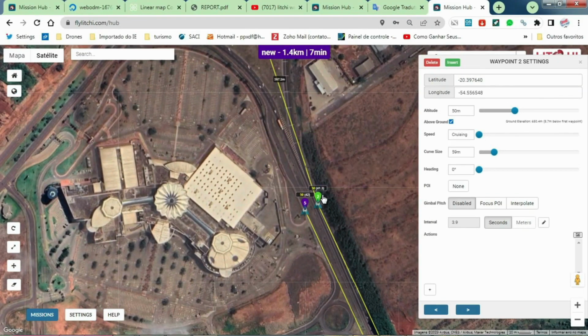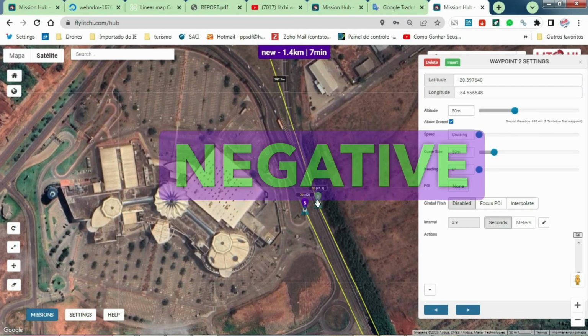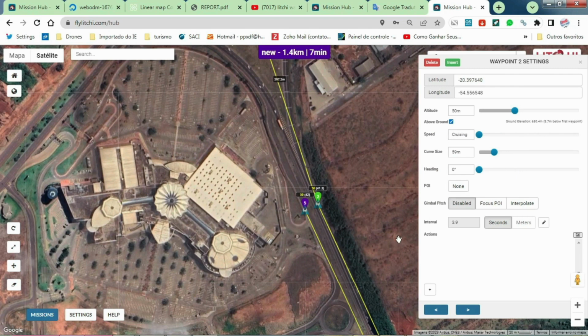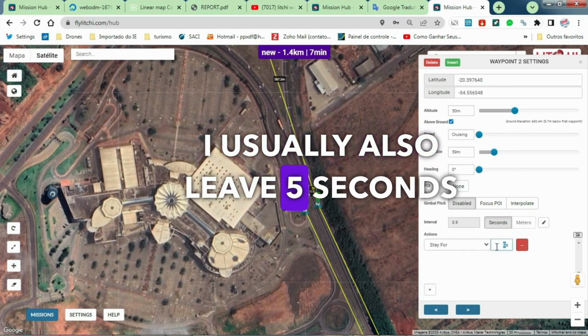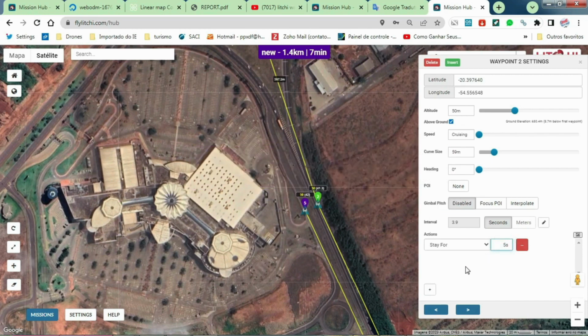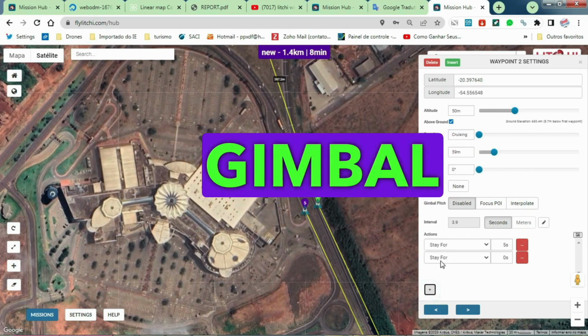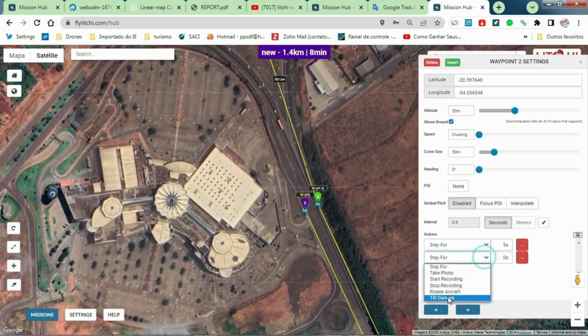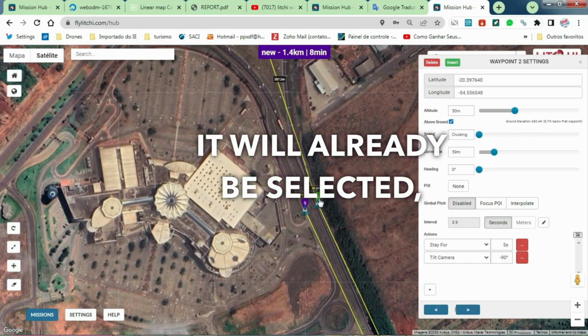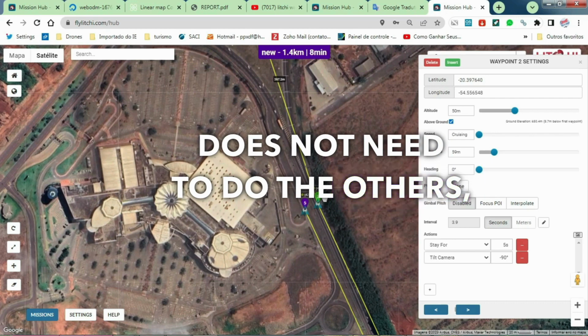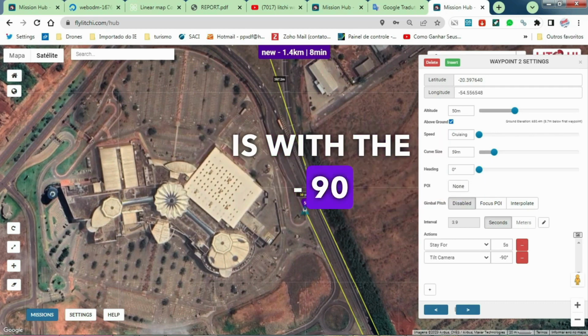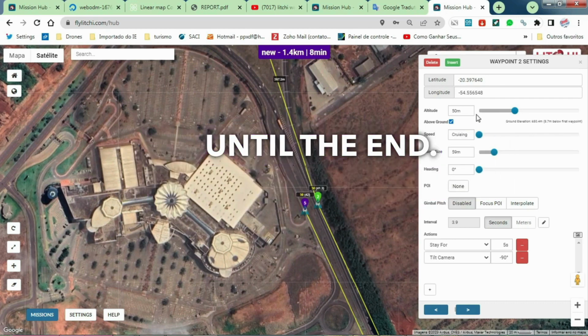Right now here, let's also put a negative gimbal command, -90. I usually also leave 5 seconds here on hold, which is a wait until the gimbal goes down, then select the negative gimbal here, -90. It will already be selected, so the gimbal does not need to do the others, because once the gimbal is with the -90 command here, it will keep until the end.